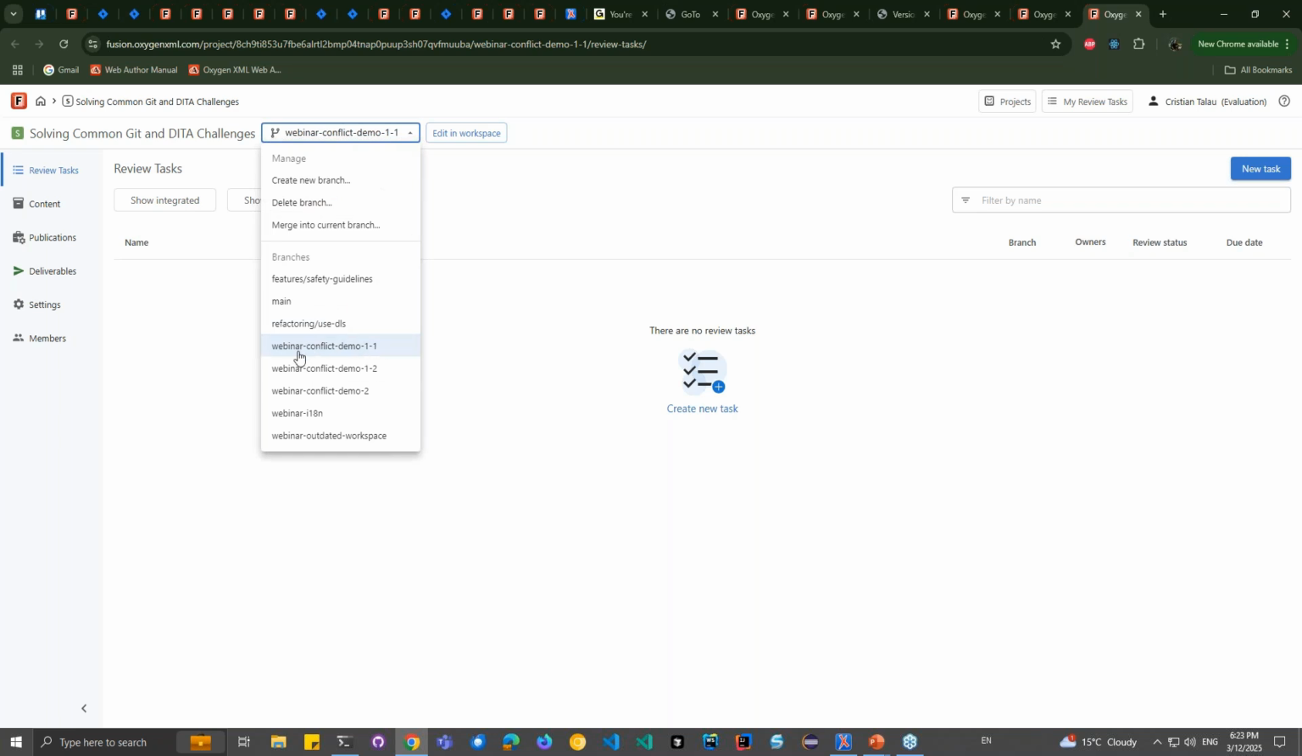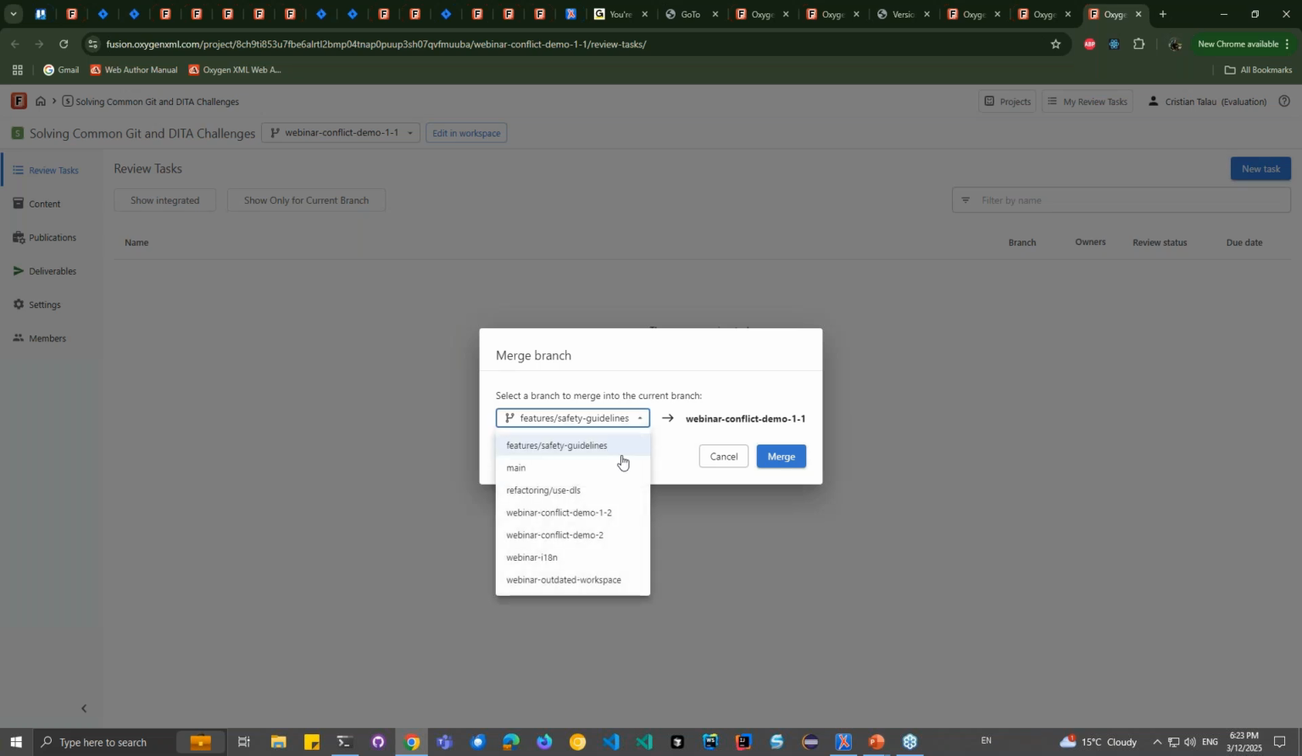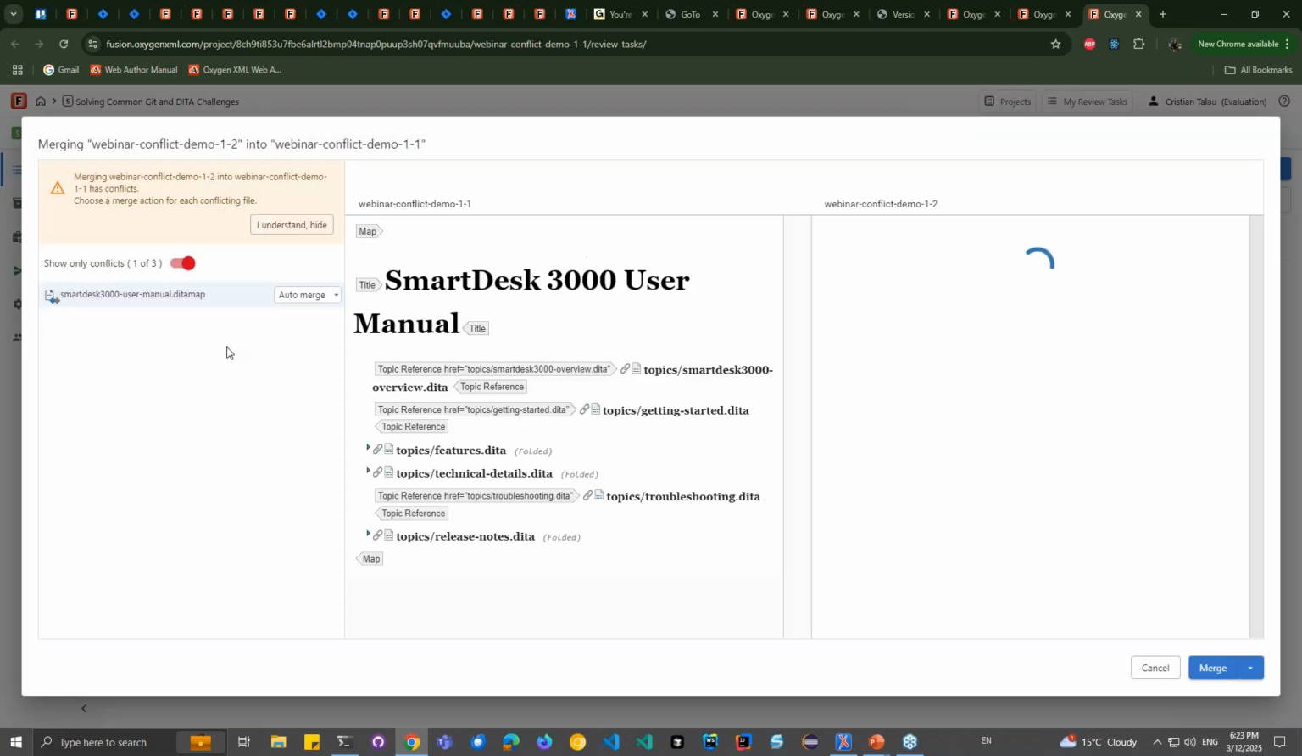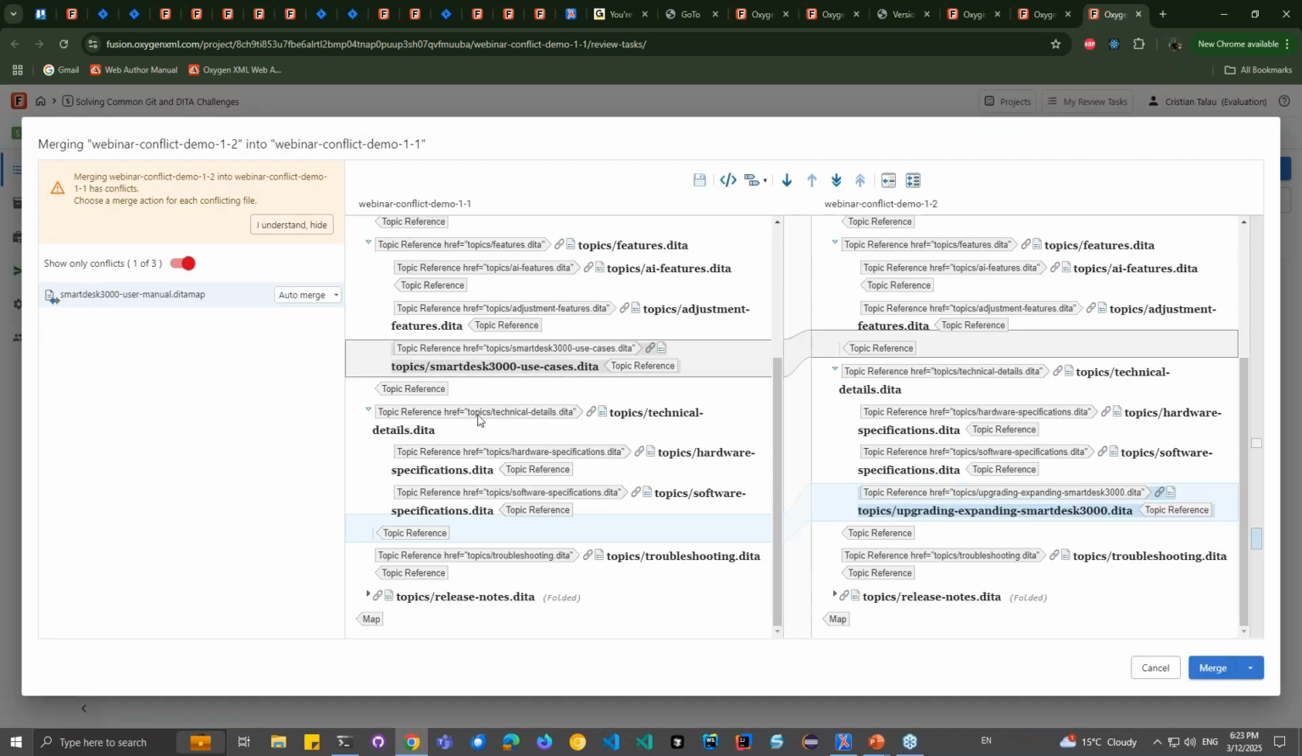I created two branches, webinar conflict demo 1.1 and 1.2, that have a conflict. Now I want to merge those two branches. So I say here, I want to merge webinar conflict demo 1.2 in 1.1. And when I click merge, I notice that